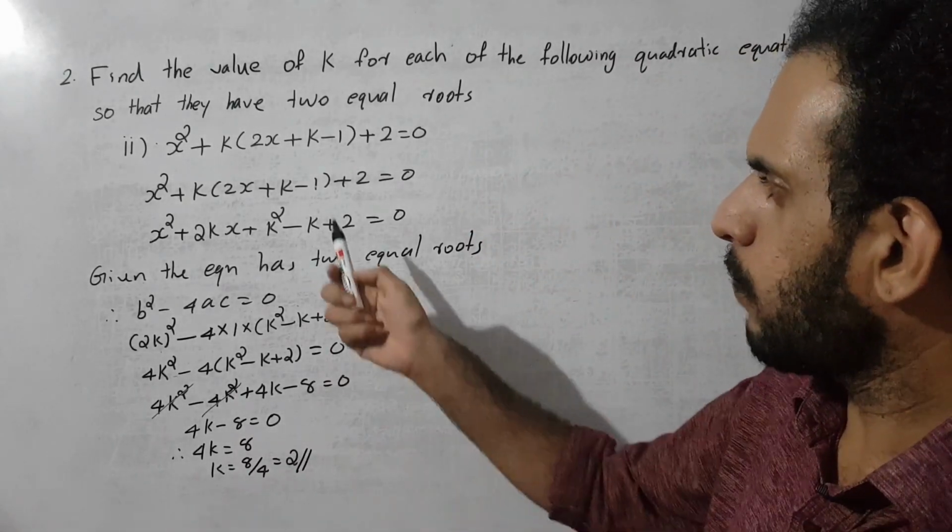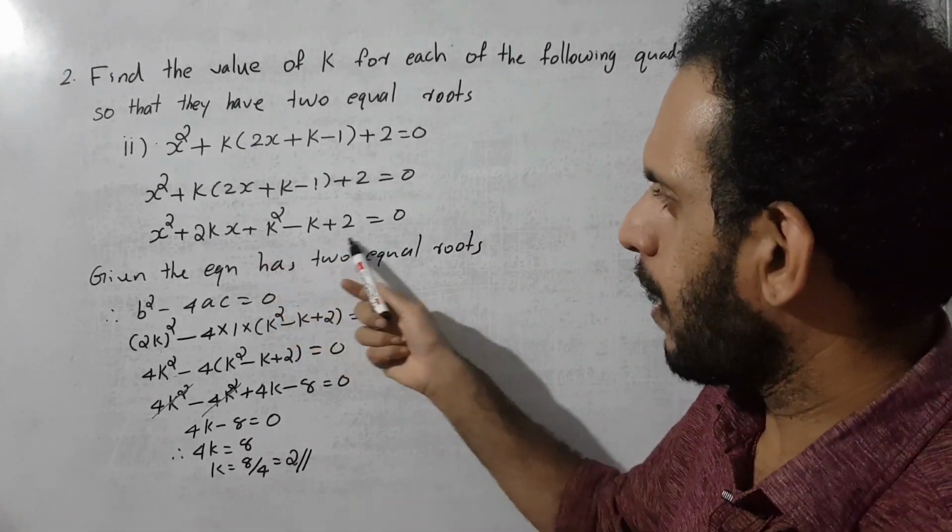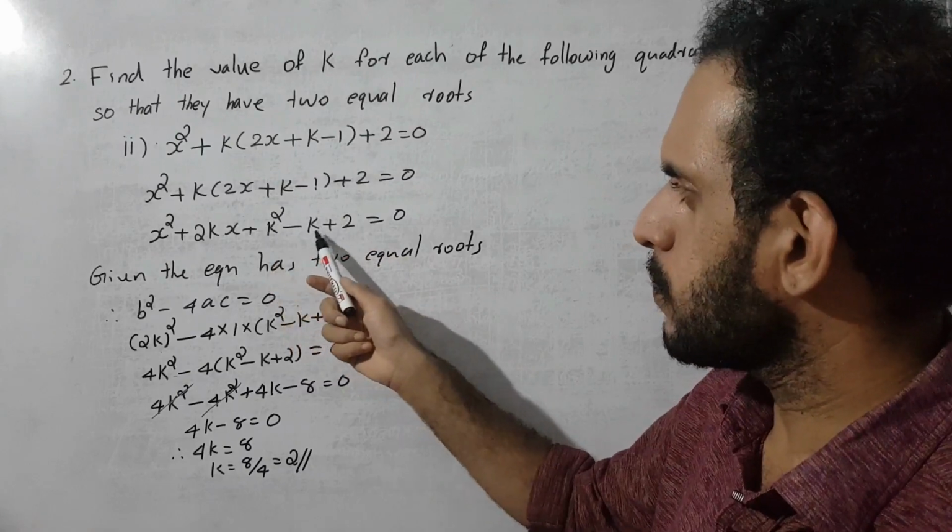Then don't forget here why we choose this one as the value of c, because these three terms do not